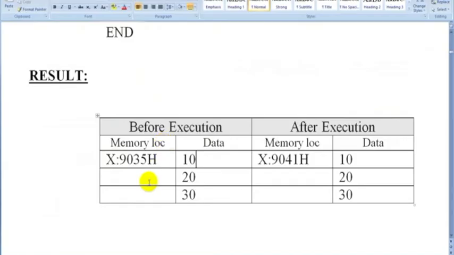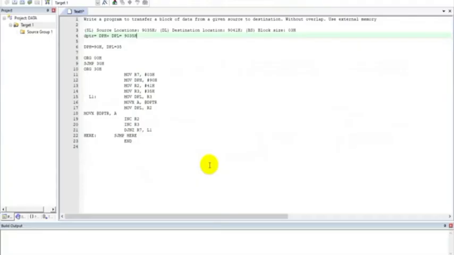So the DPTR is pointing to this particular location. It is pointing to 9035 where 10 was stored. So 10 is fetched to accumulator. X here indicates we are using the external memory access. So I have fetched that 10 from that particular memory.